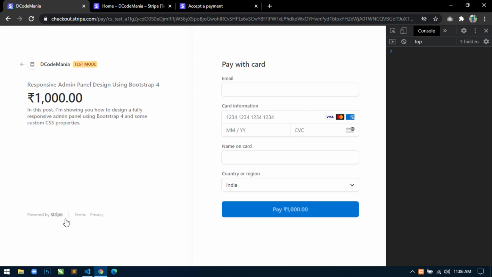checkout page. Sorry, so this is the checkout page. Okay, with some product information like product name, product price, product description. Product image will not display in localhost. Okay, we have to host this application in live hosting server to display the image. Okay, so I will also show you how to host this application in live hosting server in upcoming videos. For now, just enter email. Okay, so I'm entering my email,